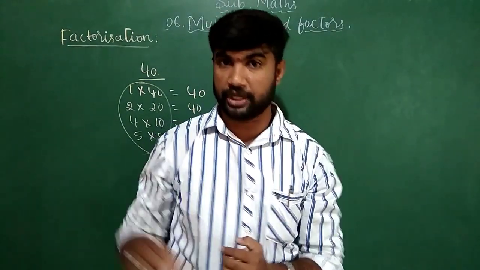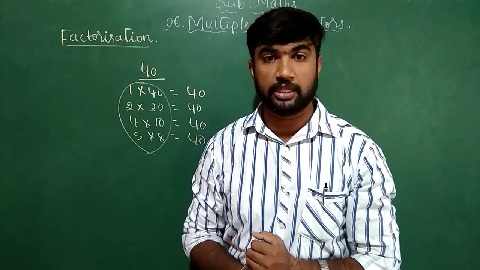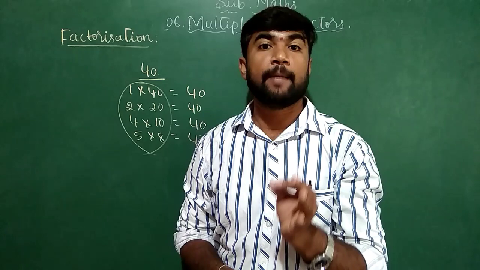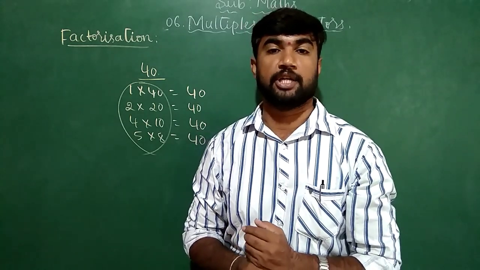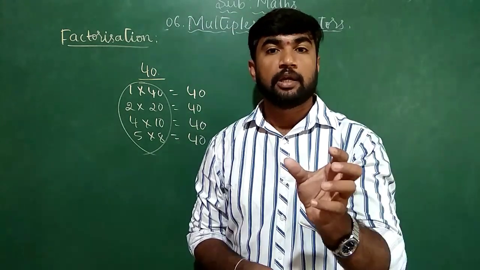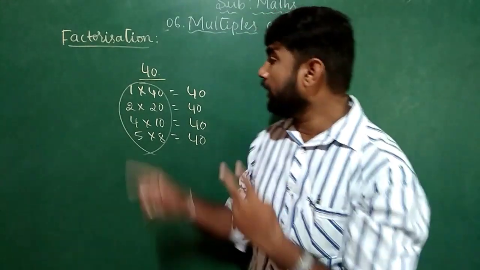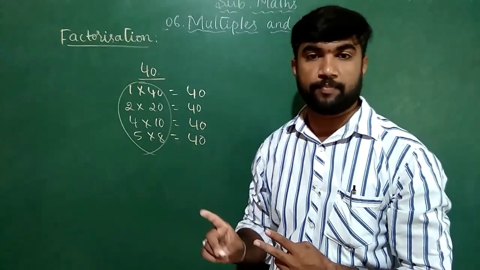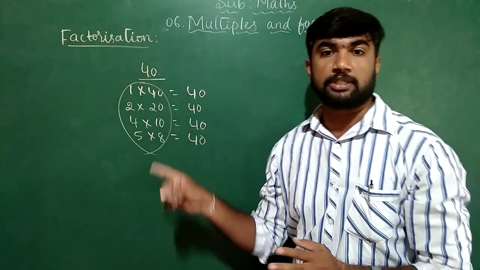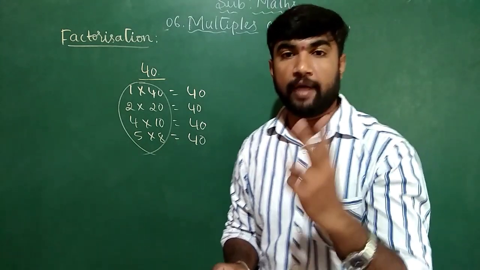But in factorization, there is also prime factorization. What is the meaning of prime factorization? Prime factorization means a factorization in which every factor is a prime number. So here we have the word prime. What is the meaning of a prime number? A prime number has exactly 2 factors, only 2 factors. But here we have 8 factors. This is a composite number. More than 2 factors means a composite number. Prime numbers have exactly 2 factors.